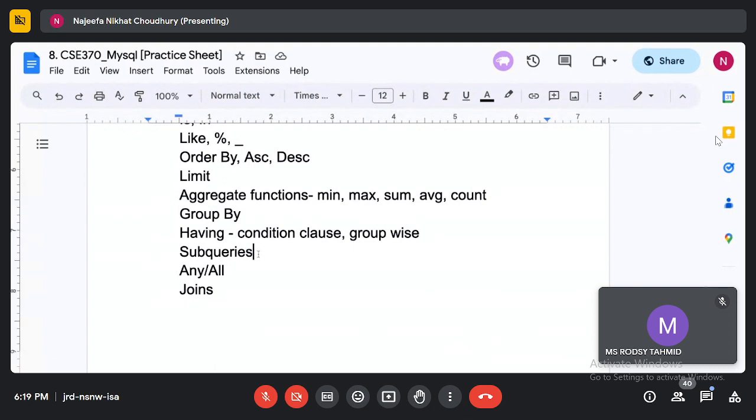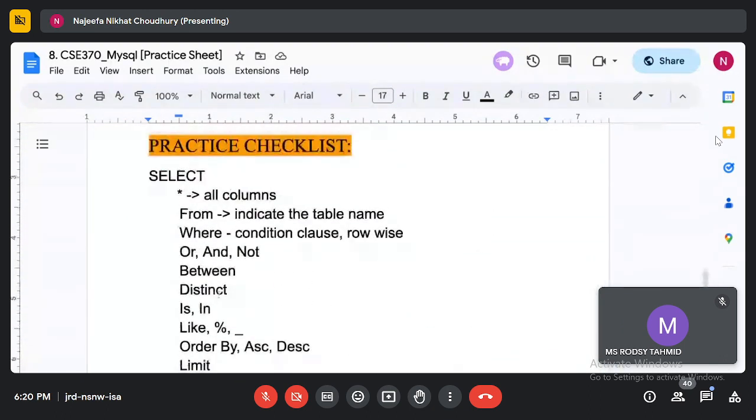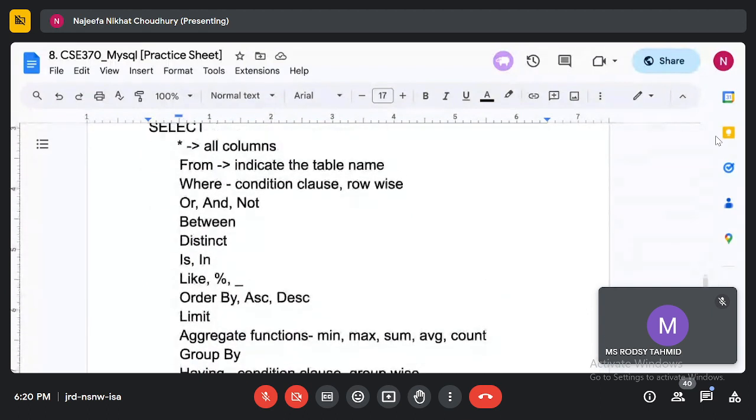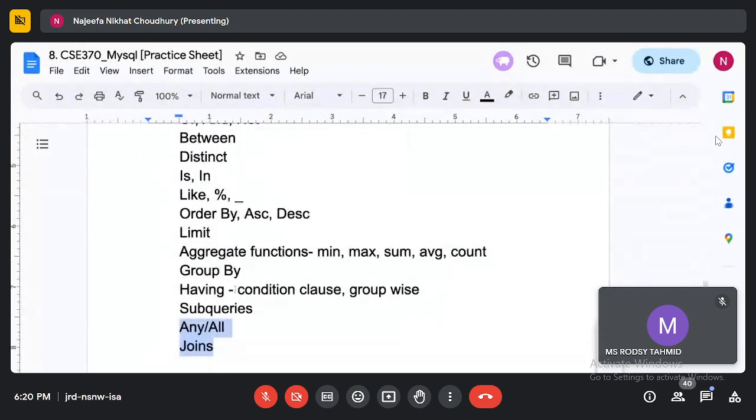So next is subqueries. I'll just go until subqueries today. I won't go through all and joins, because in the quiz I won't give any question that requires these two. You can use the things that we have seen so far in your quiz, but in your final these two will be included.